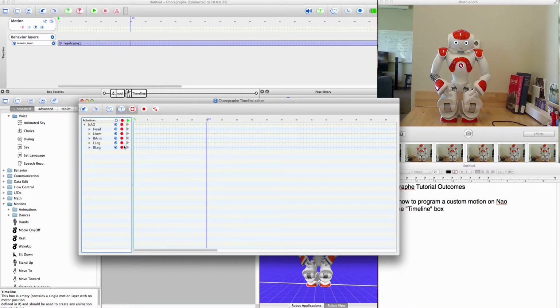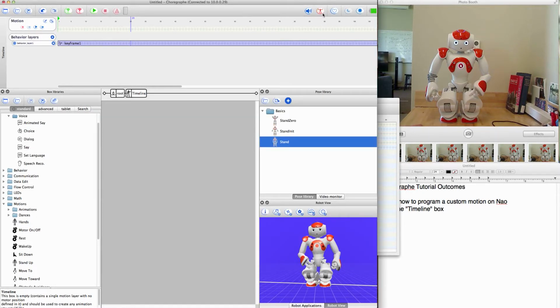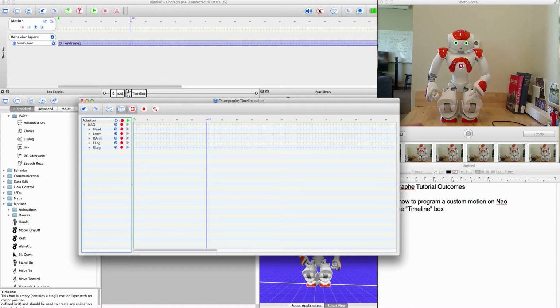Going over to the robot here, the way that we're going to be able to move the robot is by touching its hand, and it will sense that I'm touching its hand, and it will release its motors, and I can move it. We actually want to make sure that the robot is in animation mode up here as opposed to autonomous life mode. So make sure that this is red, and then all we do is click start,